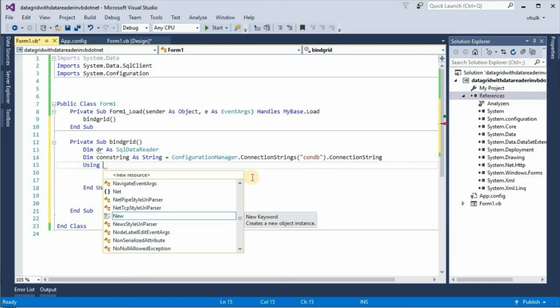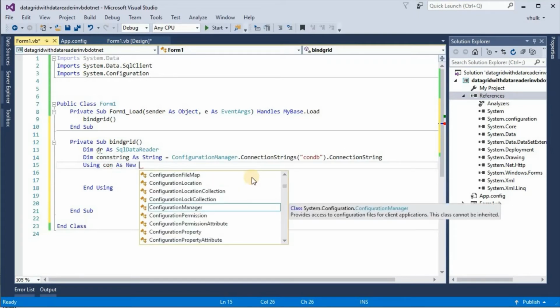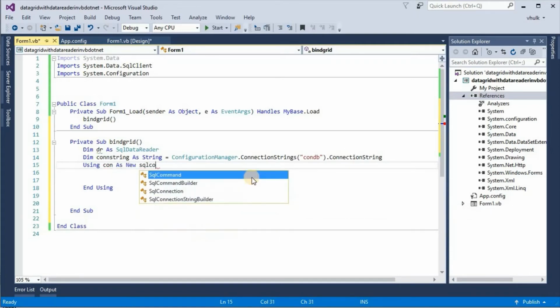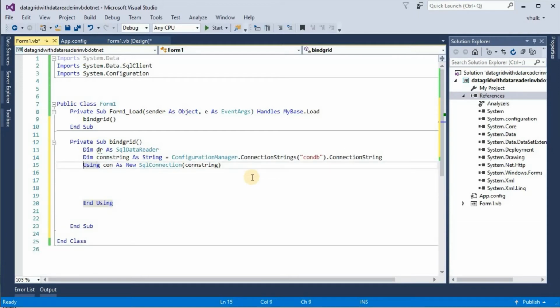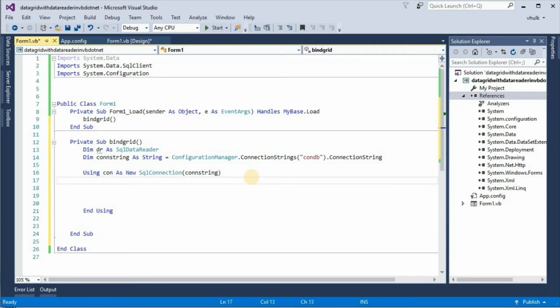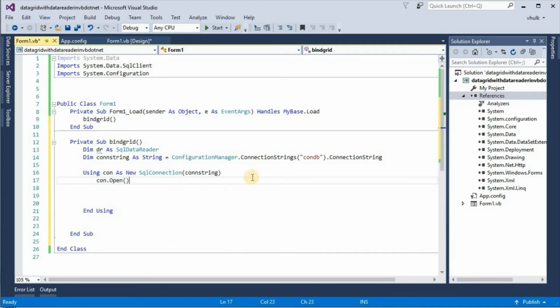Using con as new SqlConnection and in bracket constring. First connection must be open, so con dot open.